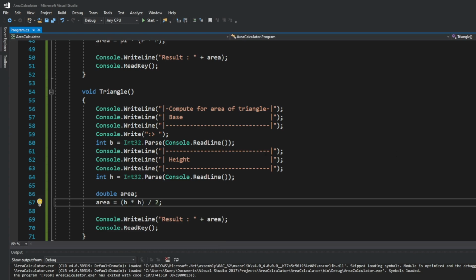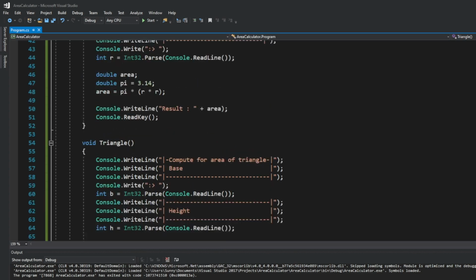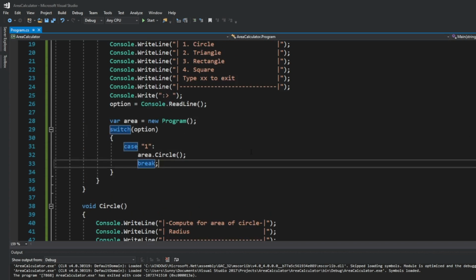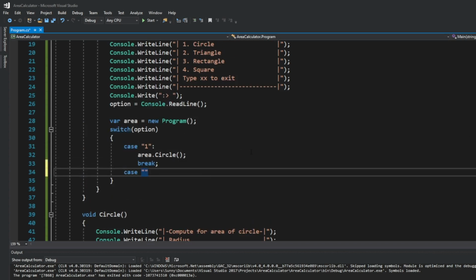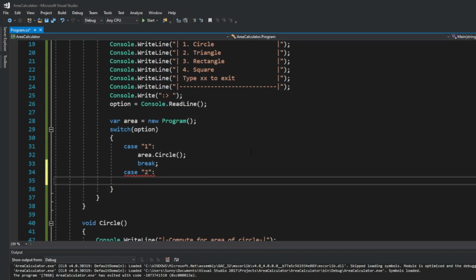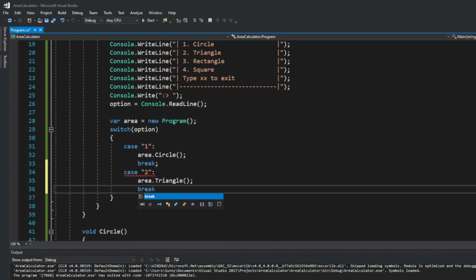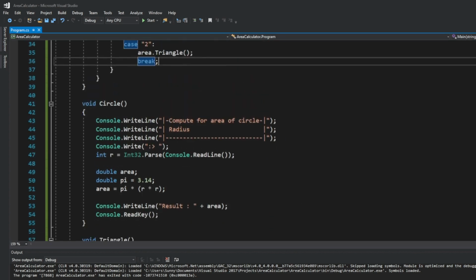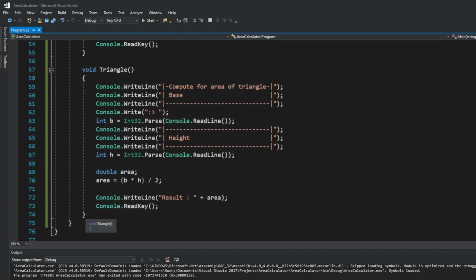Okay, let's try this time. Let's also try to add it on our navigation. Case 2, area dot triangle. And we have break. Okay. Let's try to finish first everything before we try to run. Next, okay, so we're done now with circle and triangle. Okay, let's try to do this time